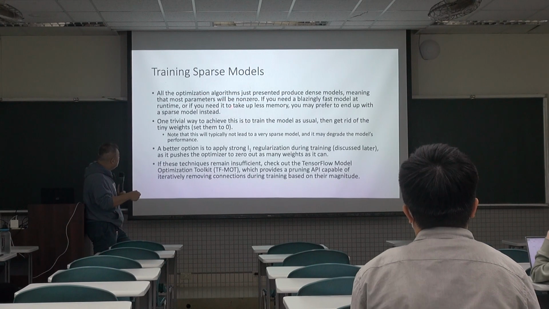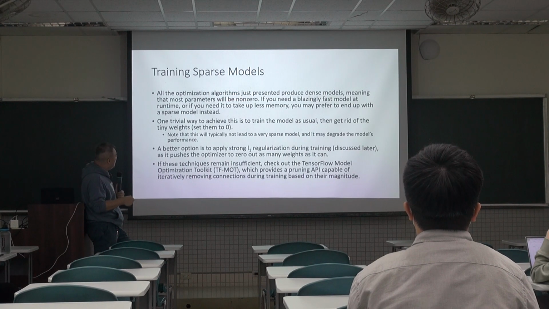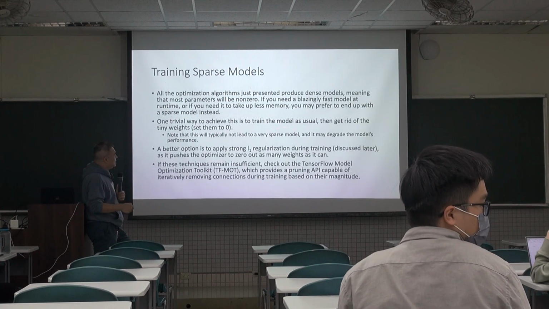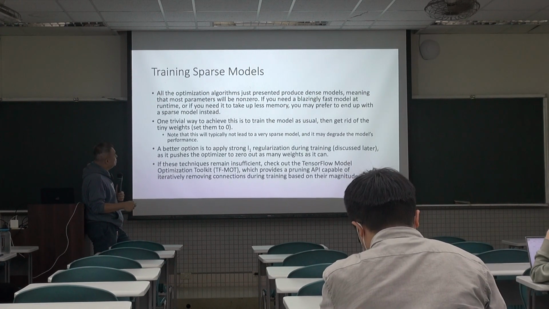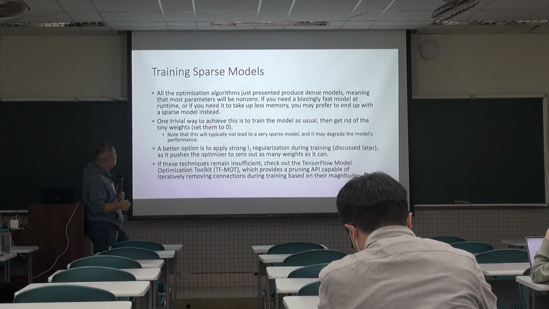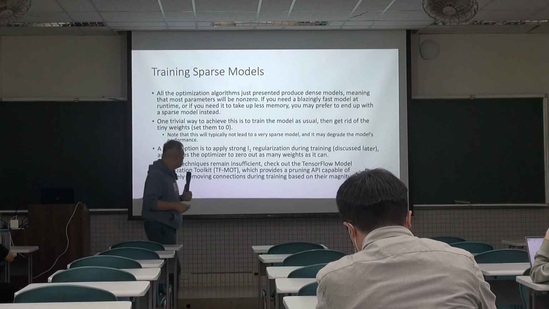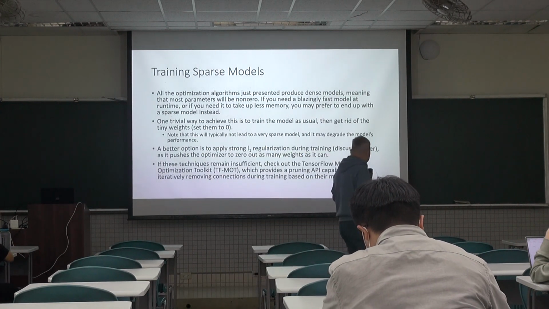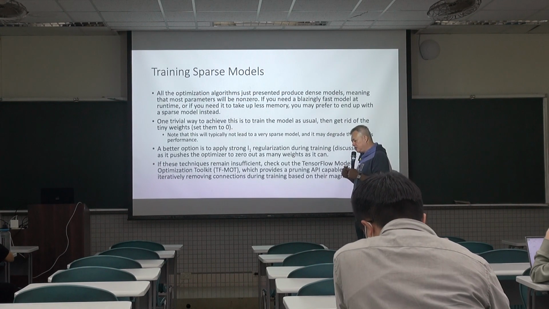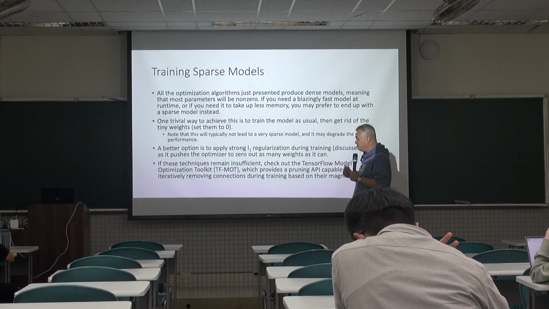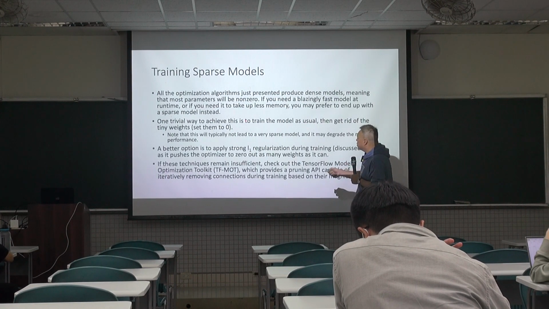So if you want to train a model to be more sparse, one way to achieve that is to use a strong L1 regularization, which can get rid of the connections with smaller weights and make those zero. You can also train the model as usual